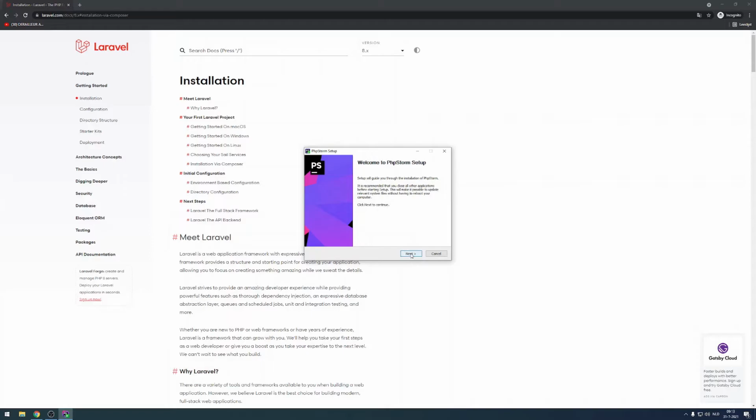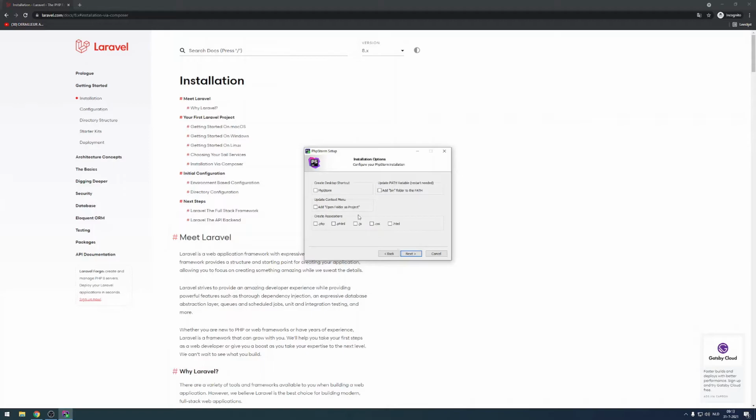So on the first page, you click next and then you select the proper location that you want to install your PHP Storm in. For mine, it will also be the D drive. So now I want to select that I want a desktop shortcut and I want to add the bin folder to a path, and I want to add open folder as project, and I want to associate PHP, JS, CSS,